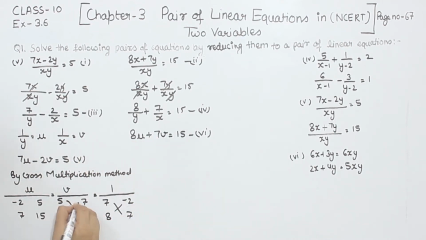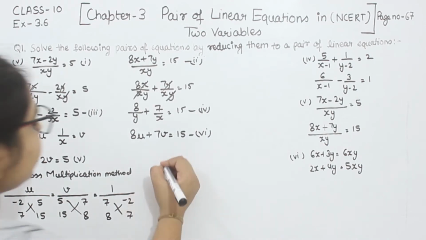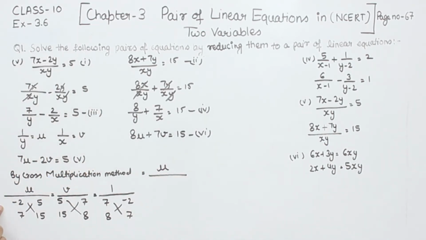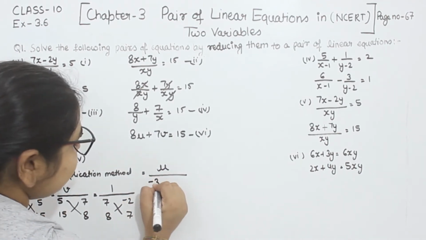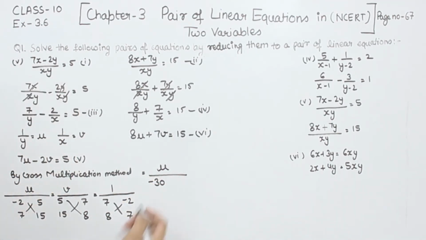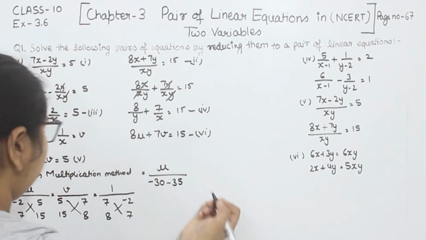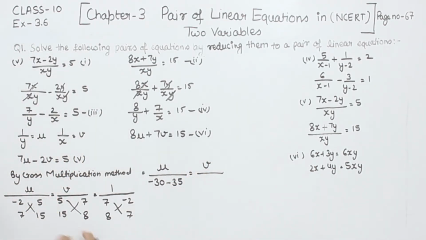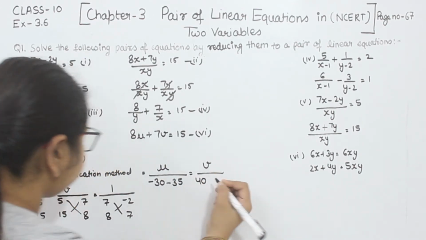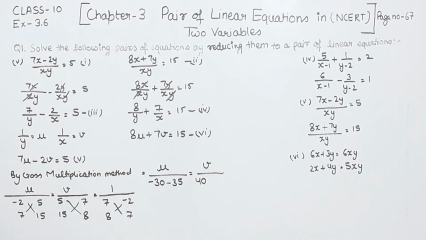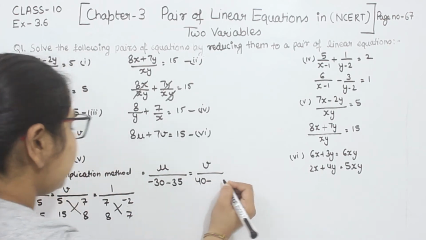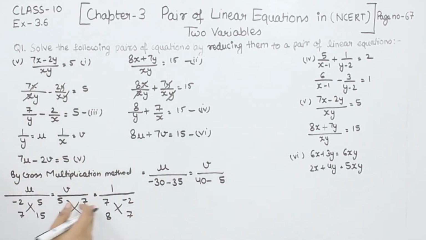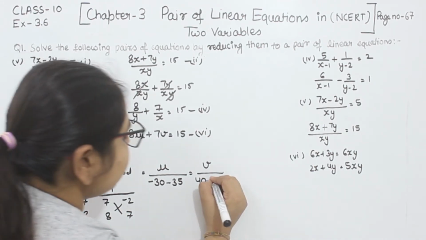Now we have to cross multiply them. So right here we are having u upon 15 2s are 30 minus 30 and 7 5s are 35, so this one we have minus 35. Now comes to the v. Here we are having 8 5s are 40 and we are having 15 multiplied by 7. First of all, we put the sign of minus 1. Now 7 5s are 35, carry 3. 7 1s are 7 and 3, 105.